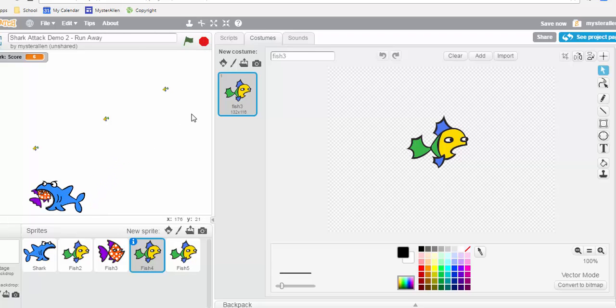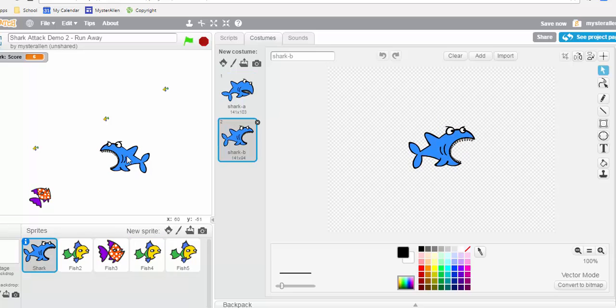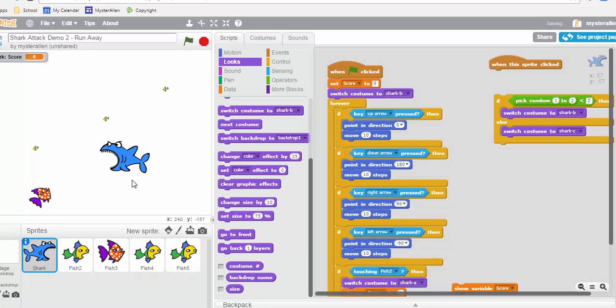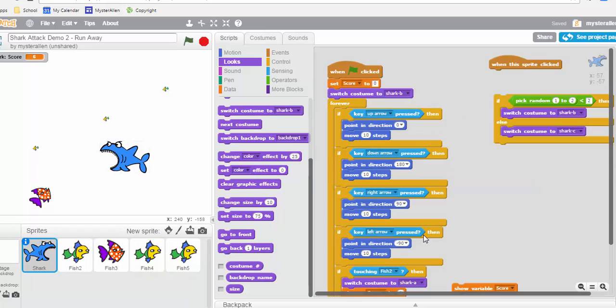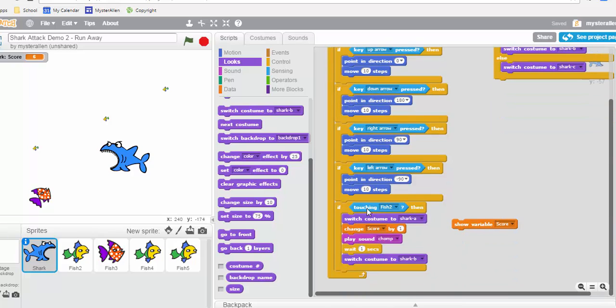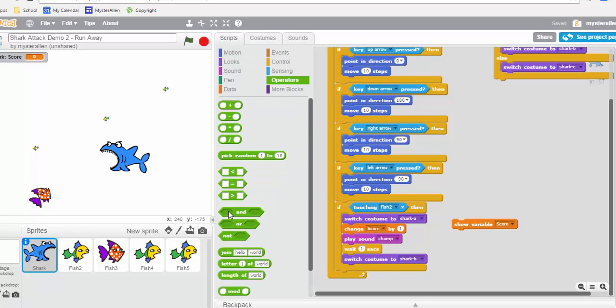The reason for that is I put the code to chomp and to keep the score inside the shark. If I had chosen to put it inside the fish instead, then when I copied and pasted, the code for the fish would have been copied and pasted too. So I now have an option to go back into my shark. It says if I'm touching fish 2, I can also check whether I'm touching fish 4 or fish 5, and add those in. One option there would be to use the OR. So use the OR,